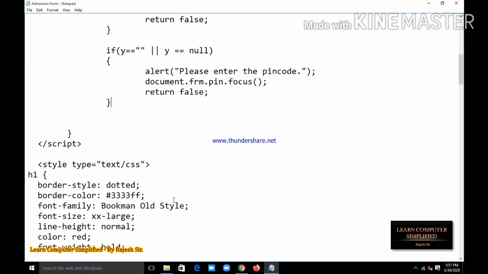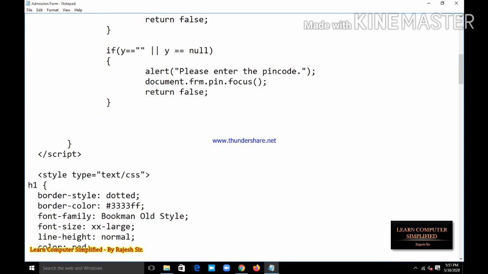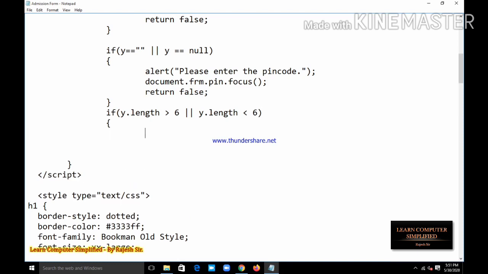First we will add a validation for its length. So here I am adding: if y.length is greater than 6 or y.length is smaller than 6, I can give an alert message.